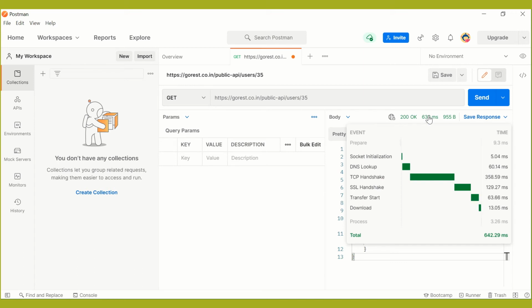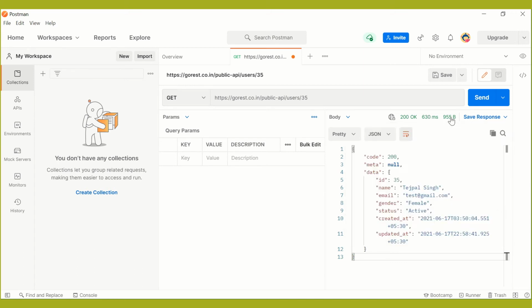The next two things are the response time, which also gives some details of the response timing, and finally the payload size. It gives the response payload size, and also the size of the body and the size of the headers. Similar information is also available for the request. So you can see that in Postman we get full visibility of the response.